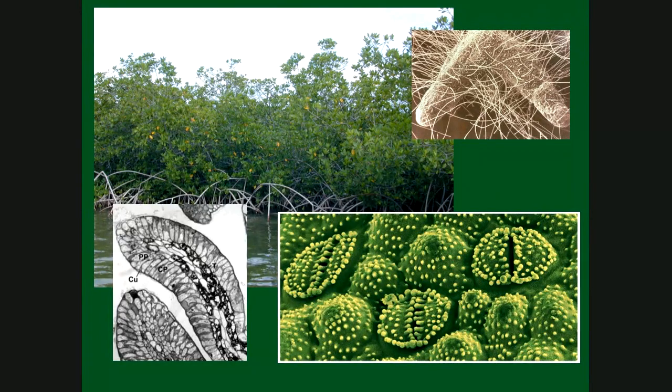Anyway, a lot of times red mangroves very commonly grow in what we call brackish water. Brackish water is neither salty nor fresh. It's somewhere in between. It's not salt water, it's not fresh water, but it's enough salt that it does cause dehydration problems. So one of the things that the red mangroves do is they cover their leaves in that cuticle. In the lower left is a cross-section of a mangrove leaf. And the CU, is that CU? Yeah, that's labeled. That's the cuticle.